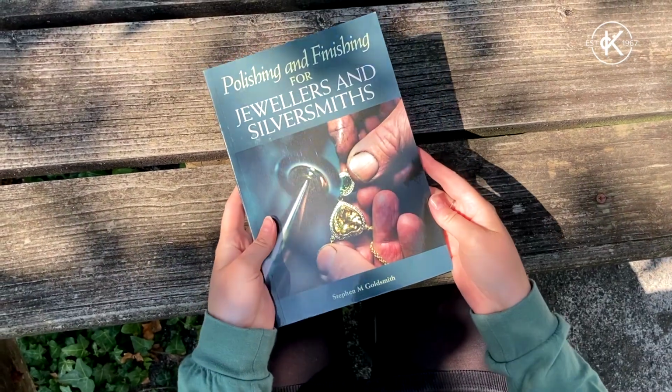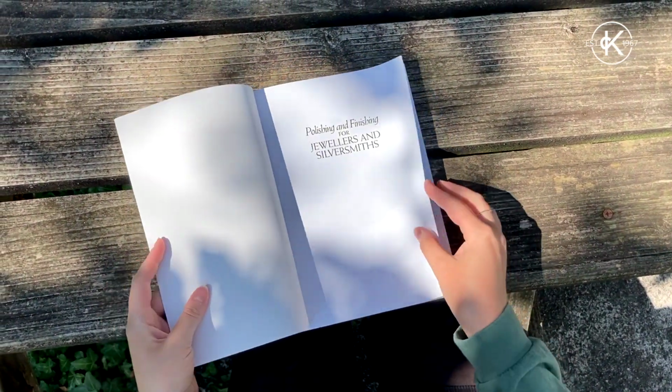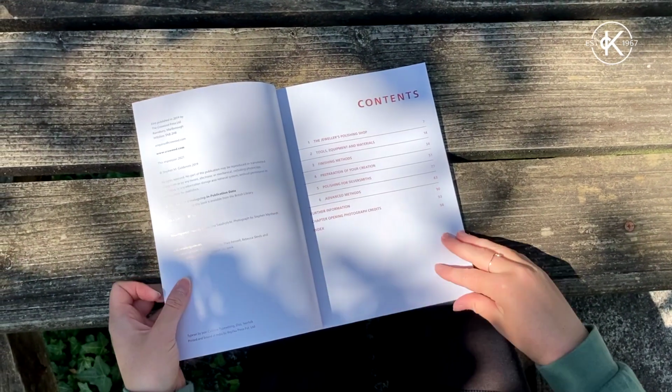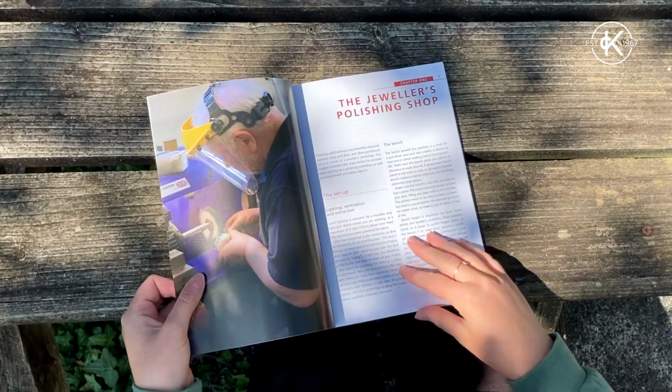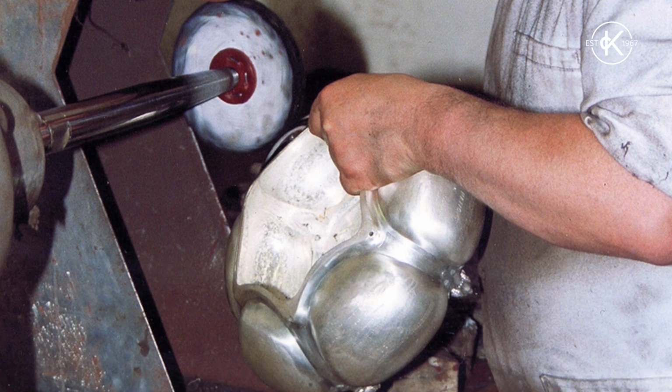This month, we're showing you a peek inside Stephen M. Goldsmith's book, Polishing and Finishing for Jewellers and Silversmiths. Polishing is a highly skilled specialist craft, and a professional finish can transform your pieces of jewellery into a work of art. Stephen began his polishing career at 15 years old and has gone on to do amazing things, such